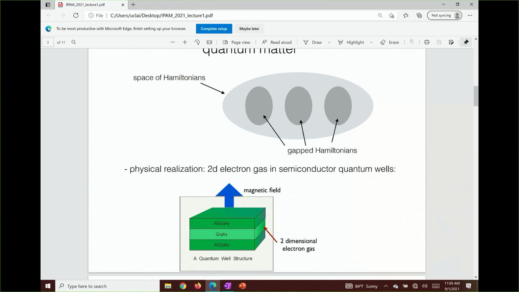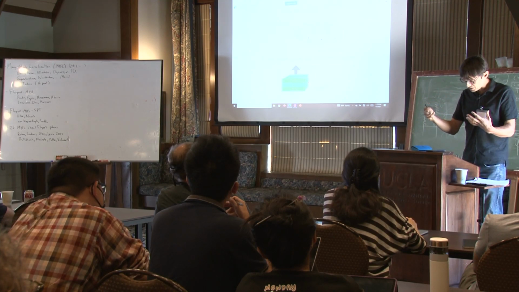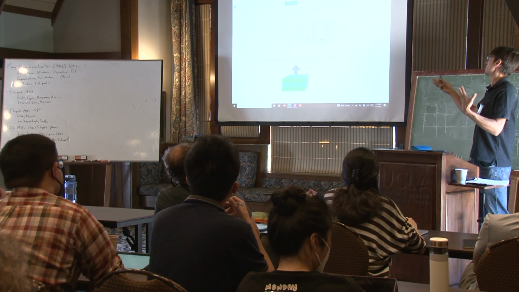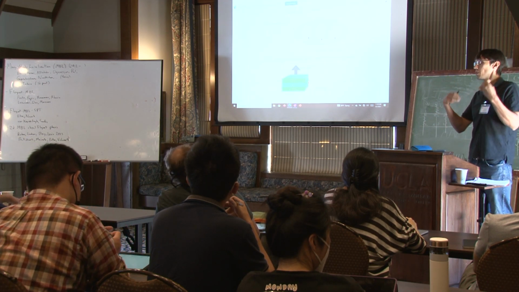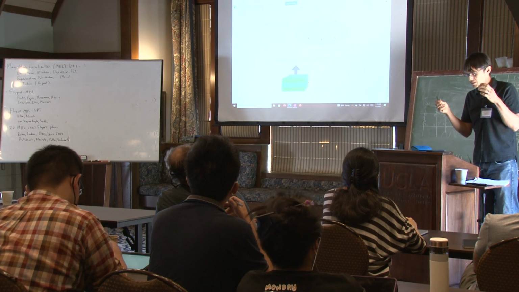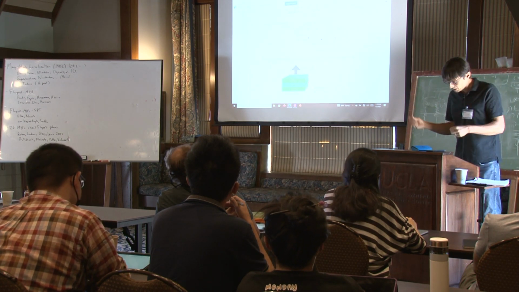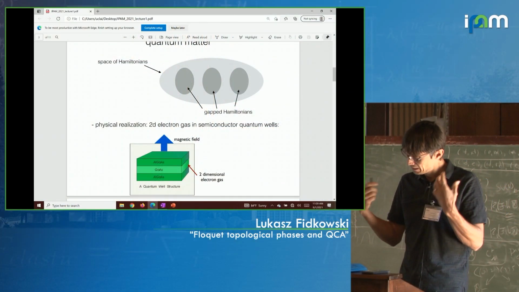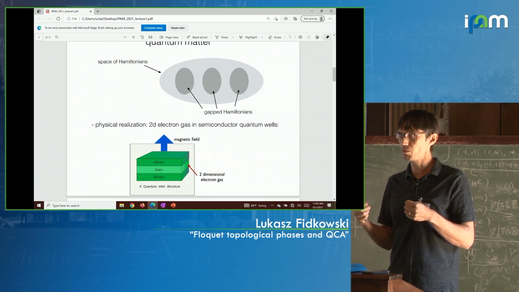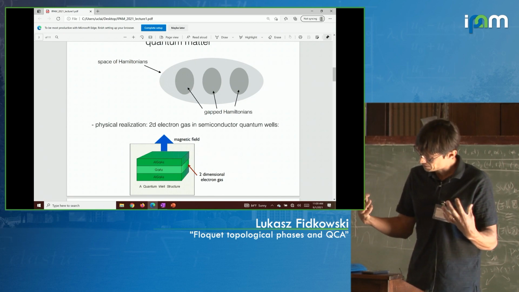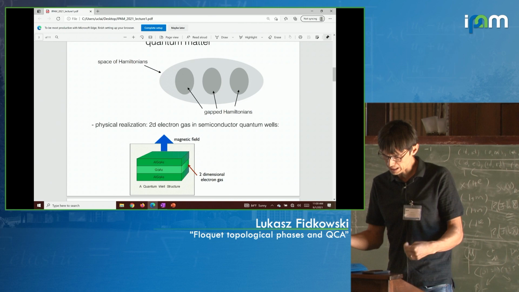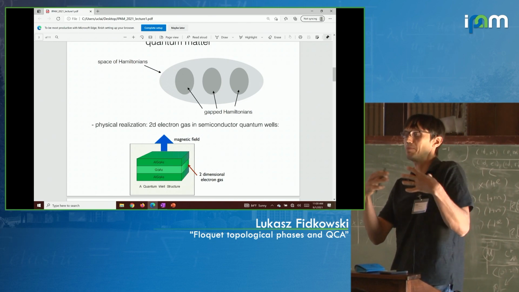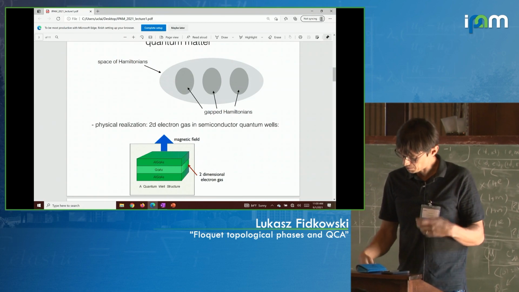But this is hard, there are very low temperatures. You need a dilution refrigerator. There are all sorts of problems. I mean, disorder. Just in general in solid state systems, in addition to electrons, there are other degrees of freedom, there are lattice vibrations. It's very difficult to work with these things. And so it's nice to at least look for other physical settings in which you can realize some of these exotic phenomena, topological phases, or maybe some kind of exotic Hamiltonians that relate to topology.